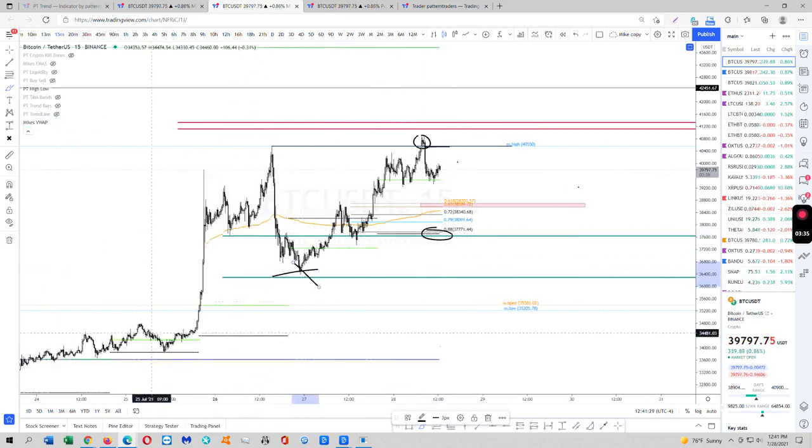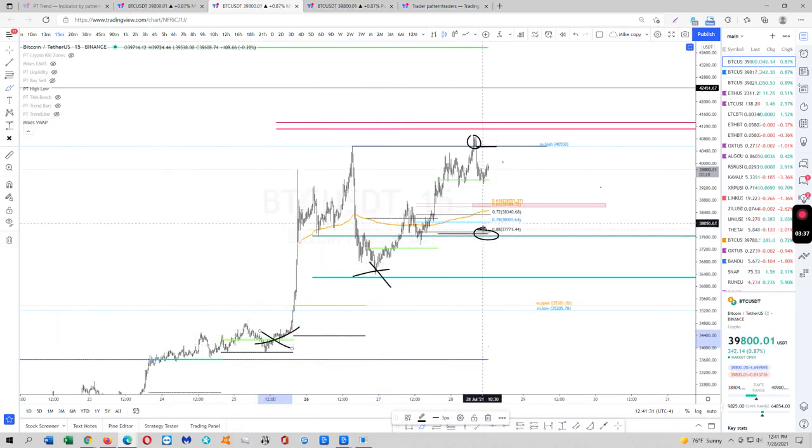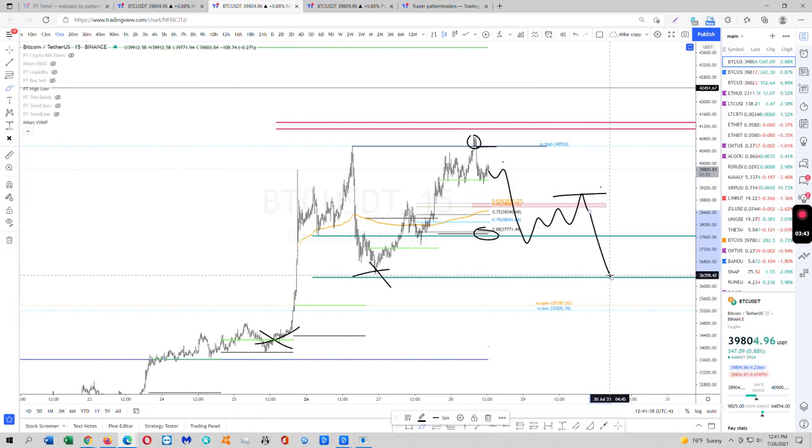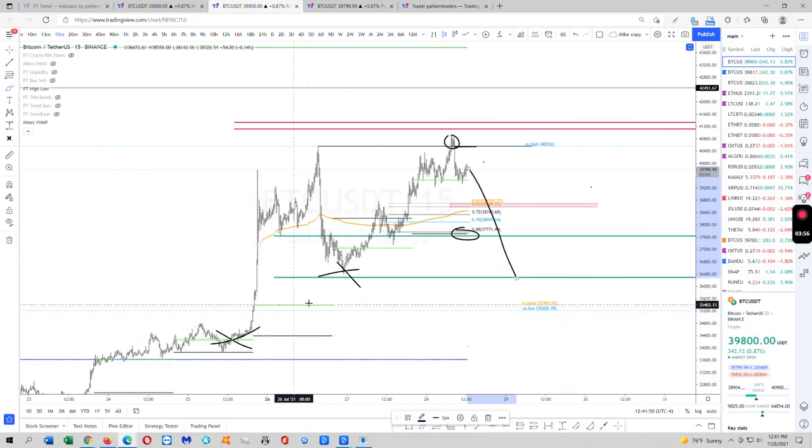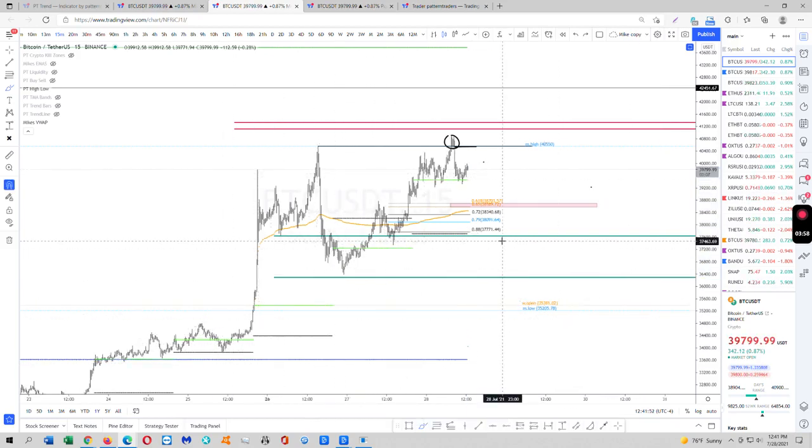I'm closing all my shorts over here. I don't care about this, and I don't care about this. Why? Because I'm pretty sure that we're going to get some kind of reaction, and if we do this, I can re-short this for further downside. For us to just go straight down and nuke, that'd be great if you're in a short, but chances are after such an impulse move up, that's going to be a little bit unlikely. You're going to get a reaction, no matter what happens. So I'm playing this level to level because I want to make some scalpy monies.